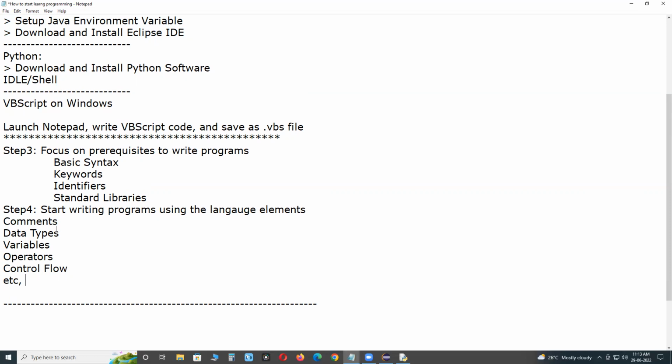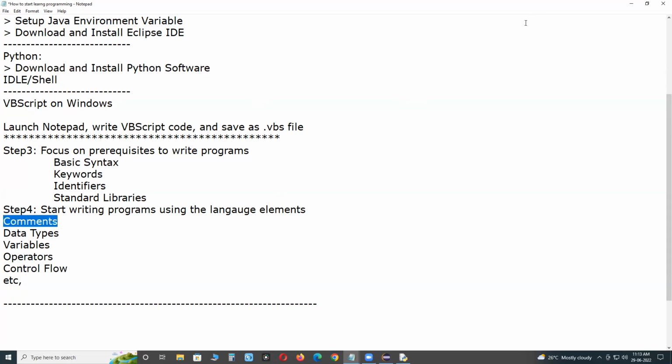Operators are used to perform mathematical, comparison, and logical operations. Control flow: decision making, looping, branching, etc. Already I told, syntax may vary from one language to another.